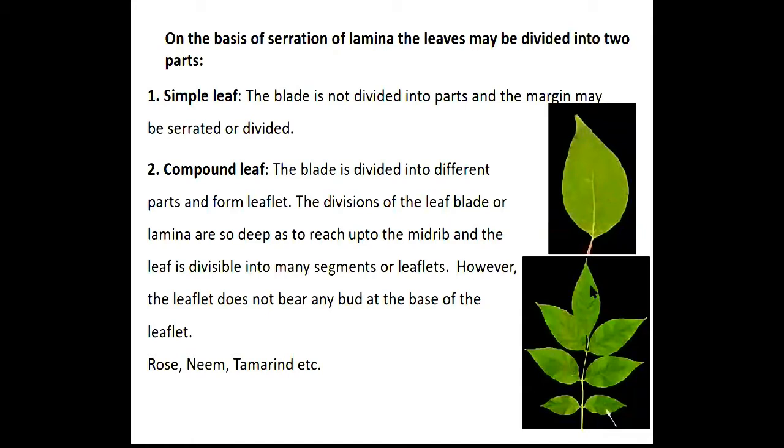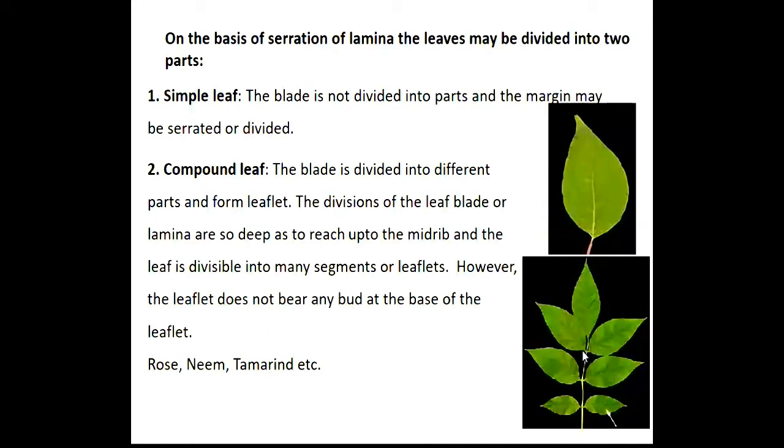Here in the compound leaf, the whole leaf lamina or the leaf blade is divided into separated, distinct parts. Like this was the whole lamina and that is divided. How is the incision? The incision is up to the rachis. Okay, what is the rachis? This is the central vein. In case of a simple leaf, we call this central vein the midrib, and in case of a compound leaf, the central vein is called the rachis.